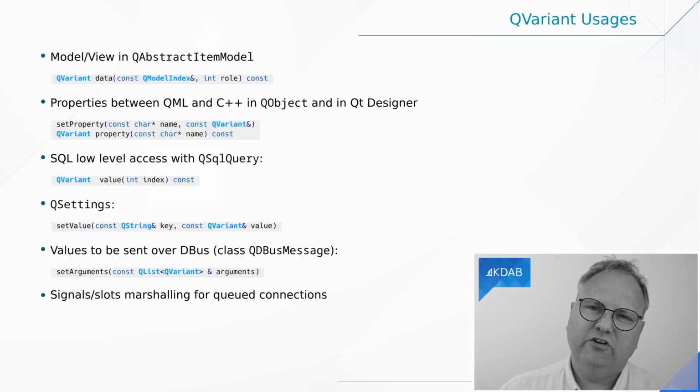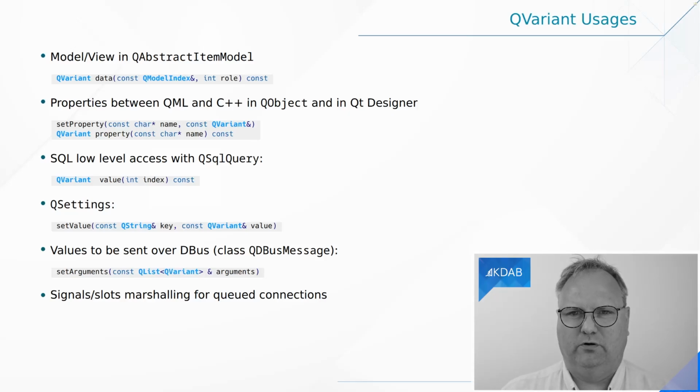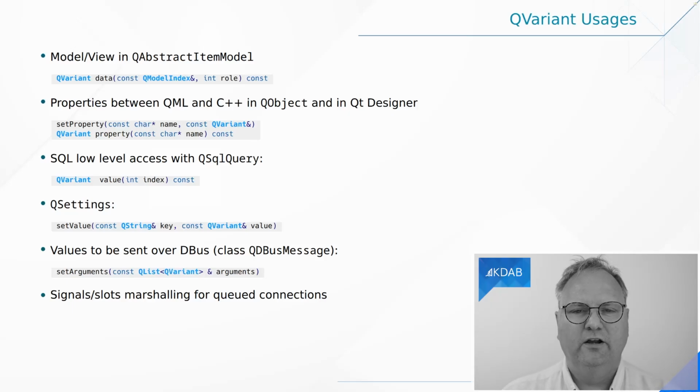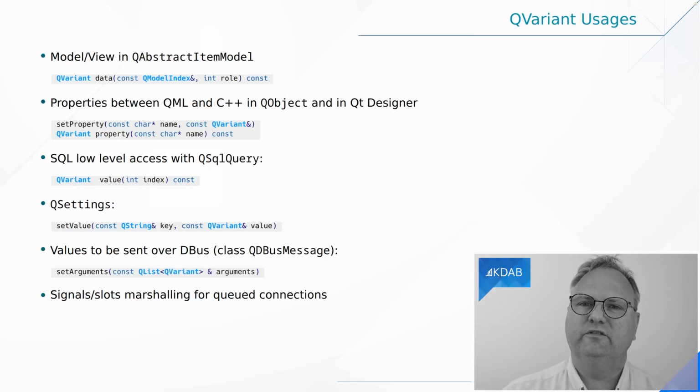The QAbstractItemModel, if you go and look at the API for that, you'll notice that the way that you get data from the model to the view is that the view will ask a method called data, and it will ask for the data of an index. That basically is row number 20, column number 7, and a second parameter besides the index, namely a role. And the role is display role if we want to know the text. It's font role, or whatever it's called, if I want to know the font. It's foreground and background roles and so on.